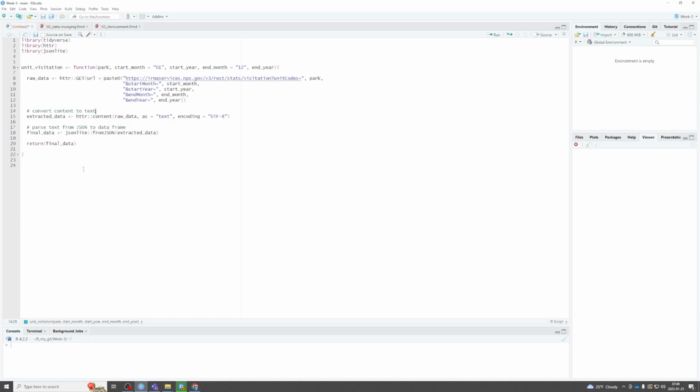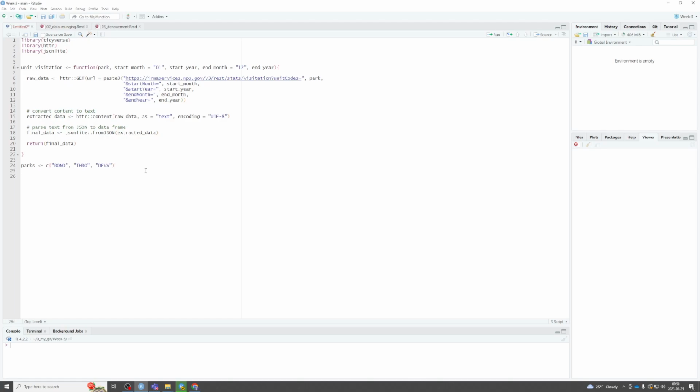So the first thing we're going to need is to create a vector of our park units that we want to map over. I am going to call that just parks. And what parks do we want to do? So many parks. Let's do Rocky Mountain. Let's do Teddy Roosevelt National Park. What else is a unit code I know? Let's do Death Valley. So now that we have our vector here,